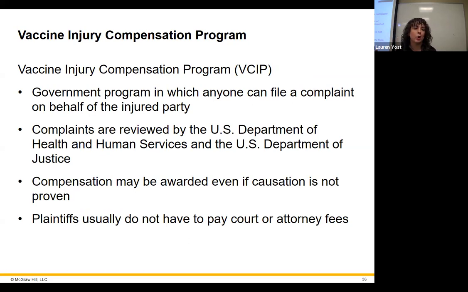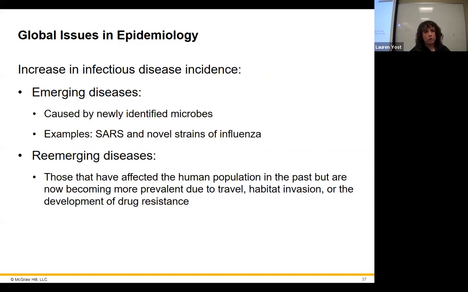And there's also a vaccine injury compensation program where if there is some sort of injury sustained from the vaccine, in that case, we're talking about something that actually affected you either permanently or so seriously that you couldn't work or something like that, and it would cause some sort of monetary harm to you or loved ones, bodily harm that was permanent, that sort of thing. Usually in this situation, plaintiffs, the people who are complaining about whatever it is that they've sustained, do not have to pay court fees or attorney fees. That's covered by the government.